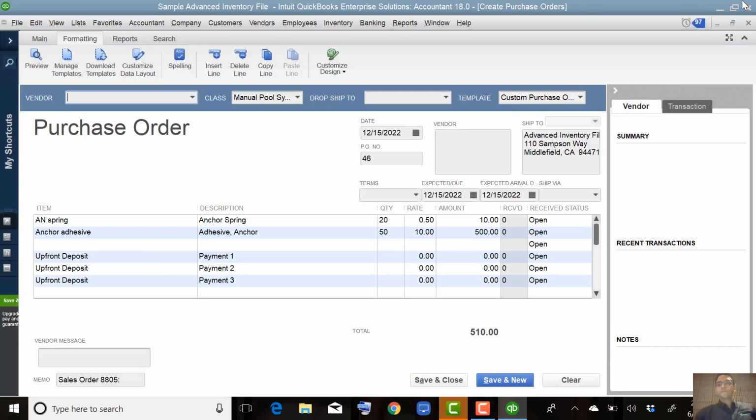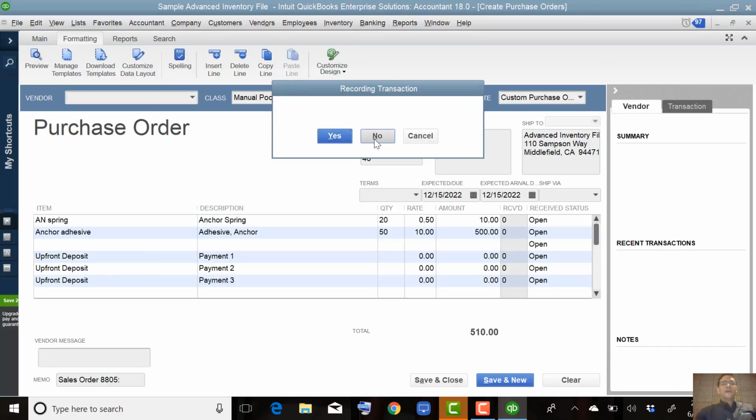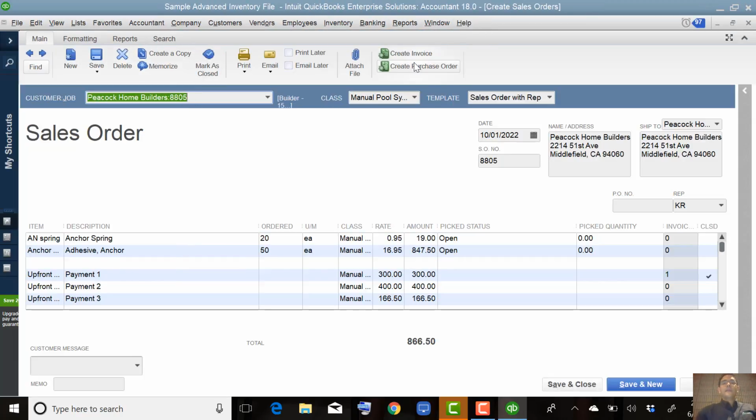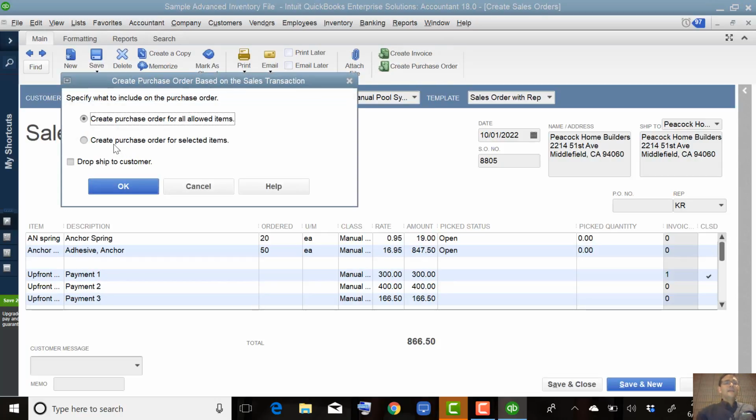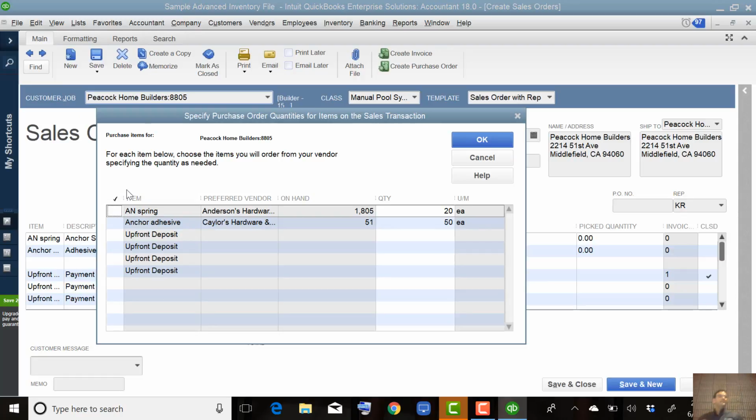Now I'll show you one thing. This is a kind of a cool trick. We go back for a second. When I click on create purchase order and I click selected items and I hit OK, notice that this screen